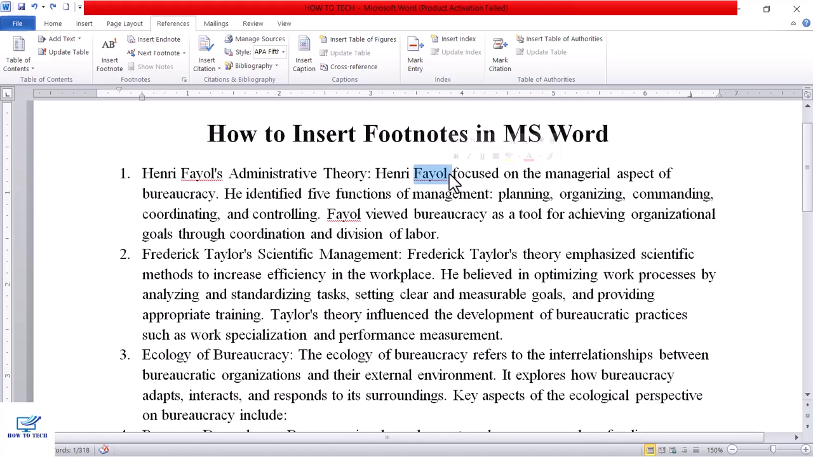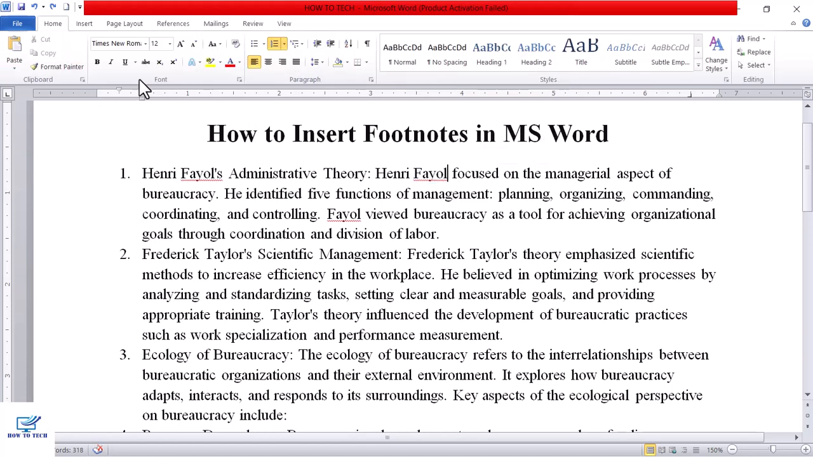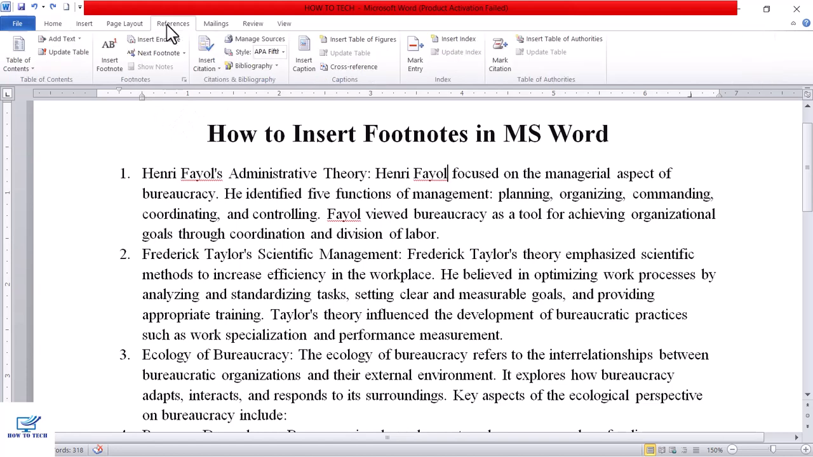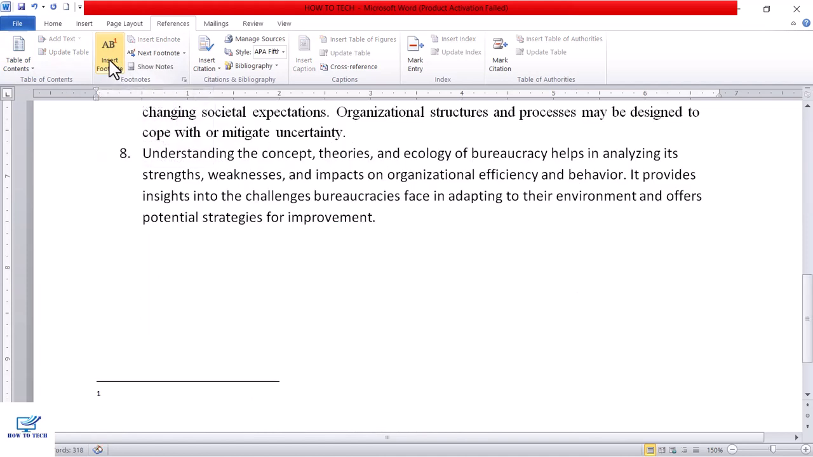I will take the cursor there, and then I will go to the References tab and click on Insert Footnote. So I will click on this, and here you can see it will take us to the bottom of the page. Here I will write the reference. Say I am writing Henry Foyle book,